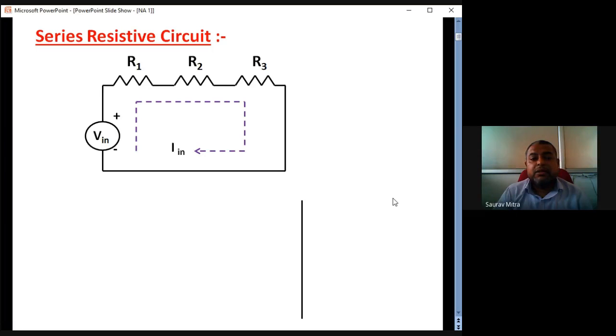A 1 kilo ohm resistor may not show you exactly 1 kilo ohm. 1 kilo ohm is the theoretical value, but the practical value may be 990 ohm, or 1020 ohm, and that is also okay. If it is 990 ohm, it is greater than 950, so it is okay. If it is 1020 ohm, that is also okay. But if a 1 kilo ohm resistor with 5% tolerance gives you a value of 900 ohm, you have to get the resistance replaced, because its value has gone beyond the tolerance band.